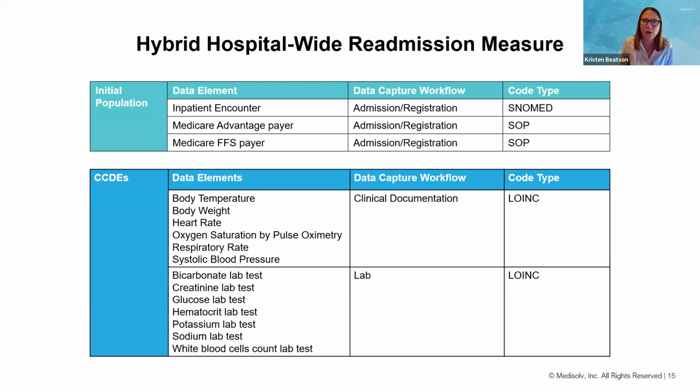It's that first instance. With the hospitals that we work with, we've had patients' CCDE data come in from outpatient labs because it was done within 24 hours prior to their inpatient admission. So make sure you're thinking about all the places that you're capturing this data, all of the clinical documentation, and making sure it's mapped. Same thing with labs: making sure all of the labs associated with the data elements here are mapped, that you have the correct LOINC code associated, and that you're reviewing the value sets and all of the different types of tests included in those value sets so that you have them mapped correctly. Next slide.